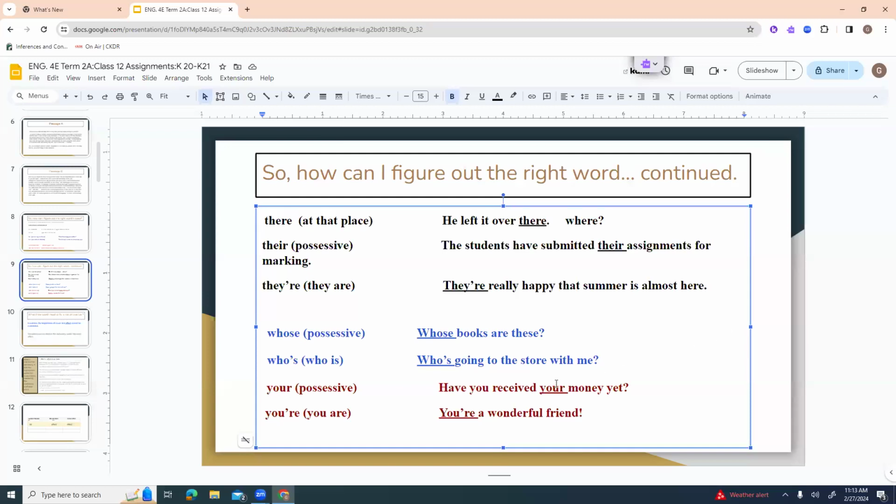If up here I had your like this, oops, sorry, with the e afterwards. Have you received you are money yet? No, that doesn't make sense. So I know I've spelled it wrong. So in which case, use the other spelling, right? Again, that little chart is right at the beginning of Unit 1 in ENG 4E. So if you check your papers, you will see it there if you need to do it while reading through